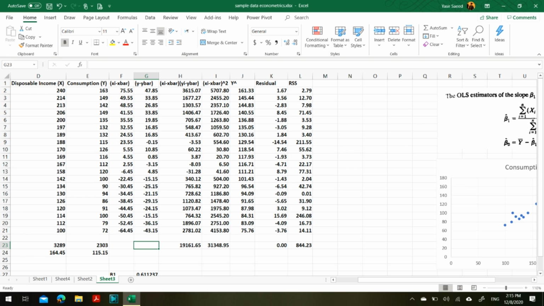We need to square it first and then find its summation. So the total sum of square TSS is equal to, I write the formula, y minus